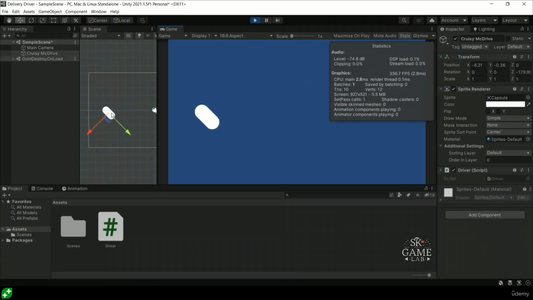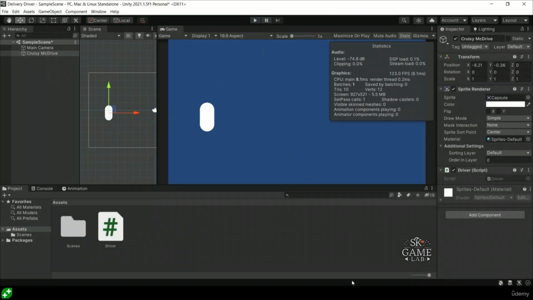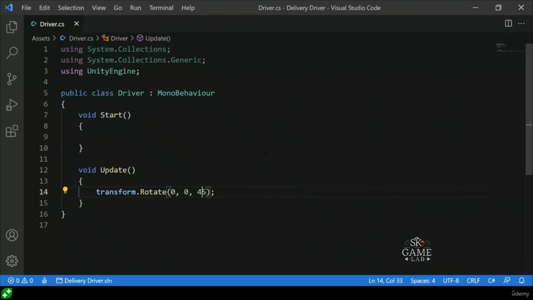Okay, whoa, it's out of control. It's spinning really quick. I'll just pause. You can pause by the little pause button next to the play button. 337 frames per second that we are moving 45 degrees, which is obviously really, really quick and a bit quicker than we want to. So let's jump back over into our script and we'll change from 45 to